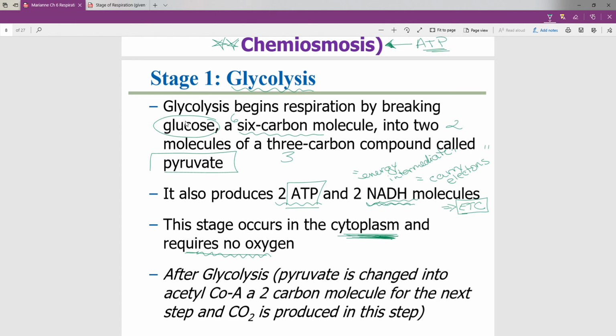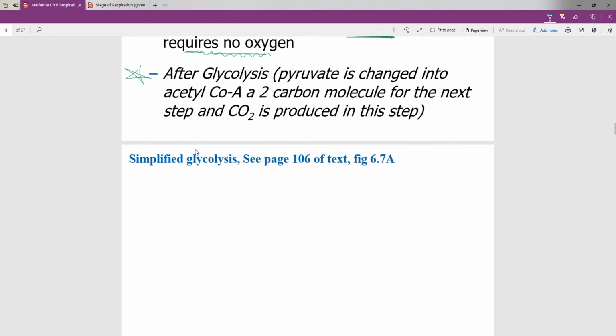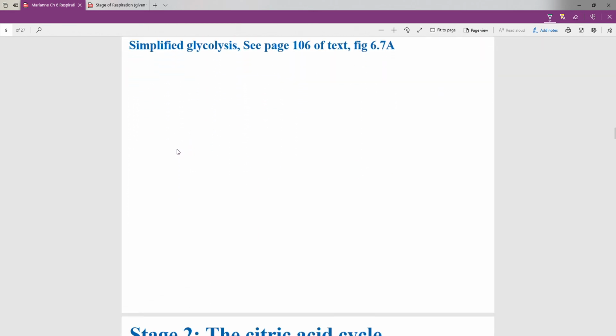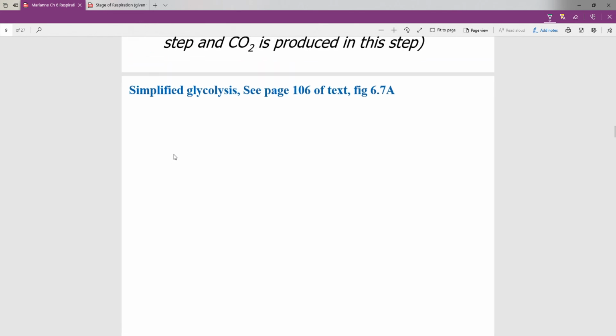So I'm going to come back to this also at the bottom. We're going to switch slides, and I'm going to suggest drawing this stage out. Just to simplify it, if you are a picture person, and sometimes drawing your own picture can be useful, we're going to start out with a 6-carbon molecule, and this is glucose. So we've got 6 carbons there as our starting point. And the main point of glycolysis is it's going to break it apart into two 3-carbon molecules. And these are called pyruvate,